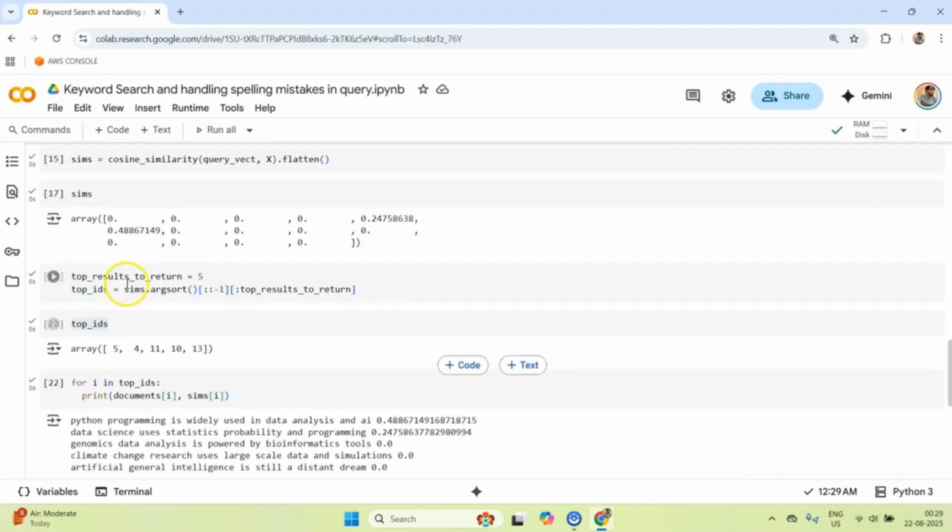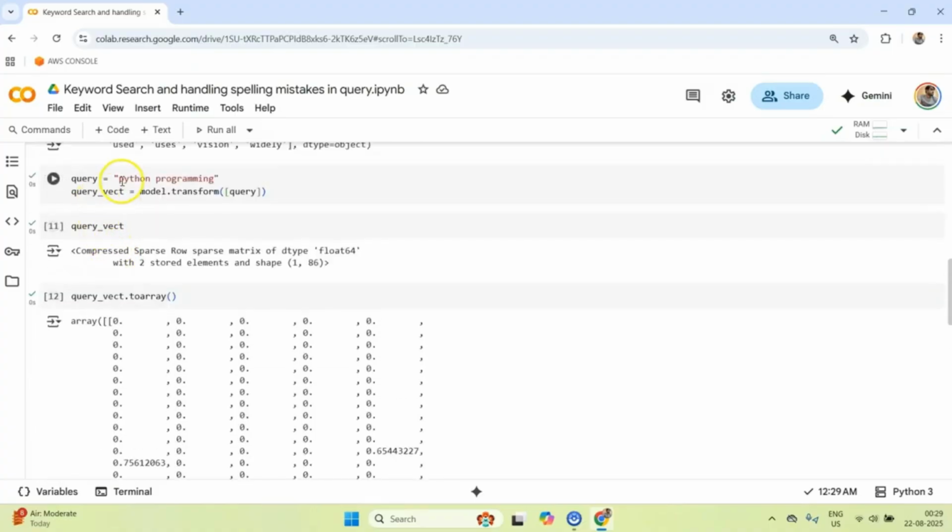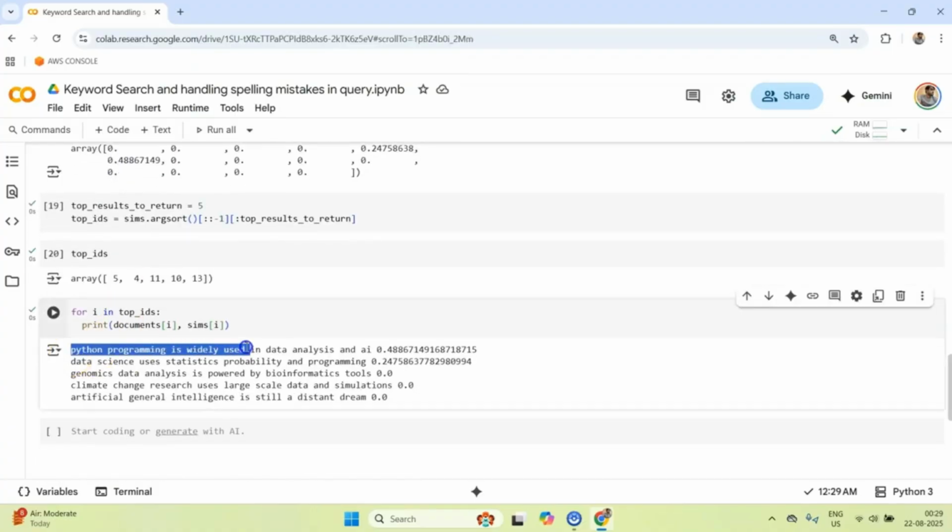So now we can see for the query "Python programming", we are getting the first result as "Python programming is widely used", and then the second result also. Why? Because "programming" is there. And in the third document, since these results are coming from a mathematical model, they are trying to return something, but it does not make sense, because in keyword search you match exactly, you don't match the semantics of the words or sentences. So you match the first one exactly and match the second one. Now here is where the catch will happen.